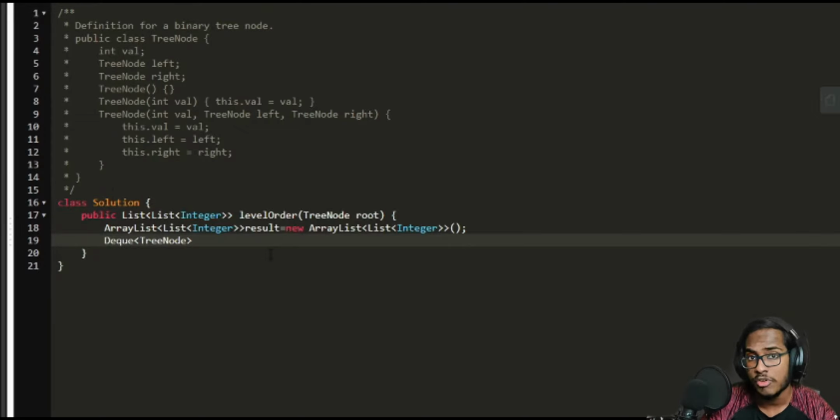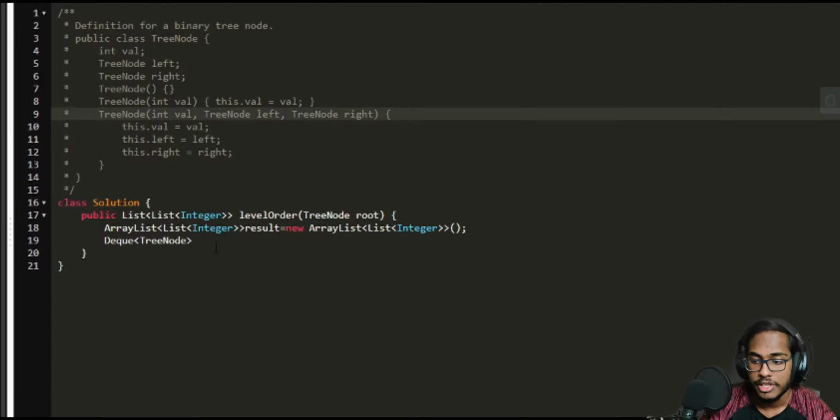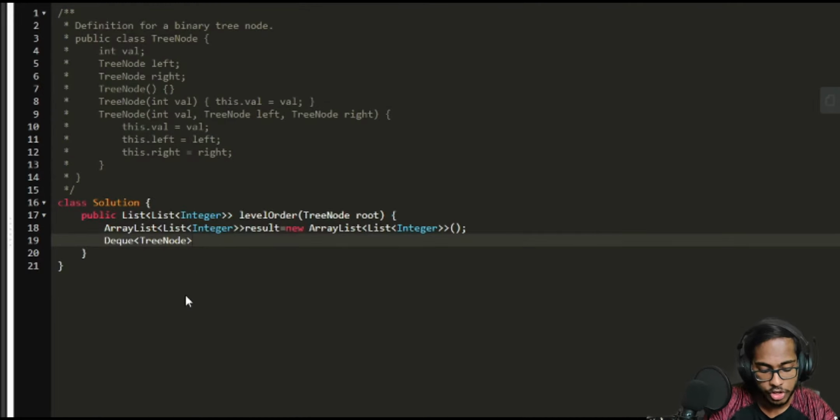For those of you who don't know what a binary tree is, a data structure is just a structure which is used to store data. Over here we can see that a tree node will have three values. One is going to be the value, which is going to be 3 in this case. Then TreeNode left and TreeNode right, which are going to correspond to 9 and 20 respectively. Sometimes there can be cases where the left and right are going to be null, like over here 9's left is going to be null and right is going to be null. In that case it's simply going to be declared as null. So over here we have declared a Deque of type TreeNode which is going to be called queue, and it's going to be declared as a new LinkedList.